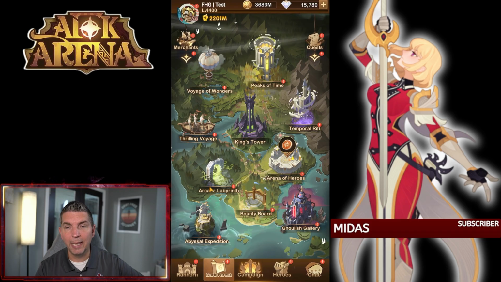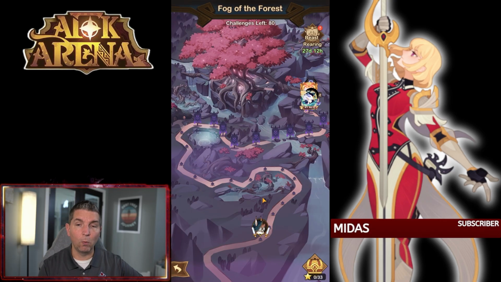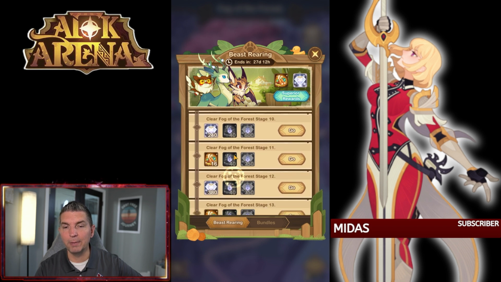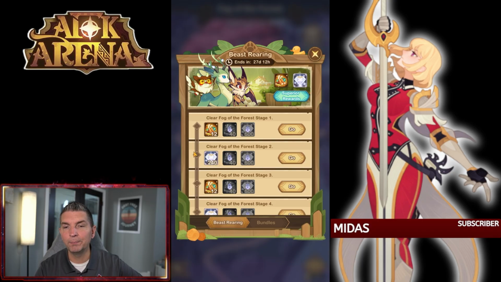Now, in addition, it did open up a Thrilling Voyage, which we should have a new Thrilling Voyage in here. That is the Fog of the Forest. Now, one thing to note with this is because it is a new voyage, you want to go through here because the first 28 days of the voyage, you're going to have additional loot that you can get out of here, which is imperative. You can see not only are we getting a lot of diamonds, but we're also getting a very significant amount of baits to go ahead and get that new beast out of there,